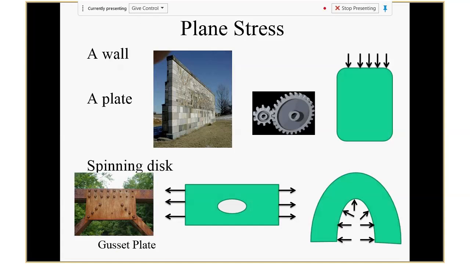Okay, here's a slide I want to show. There are a couple of real-life examples of this kind of structure that we always treat as plane stress. For example, if you have a wall and someone is pushing from the side, from the left side, not from the front. This is a structure very thin in the z direction, so you can treat the wall thickness,